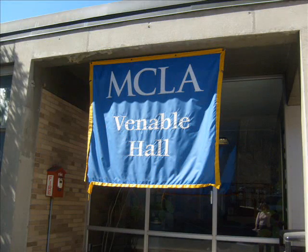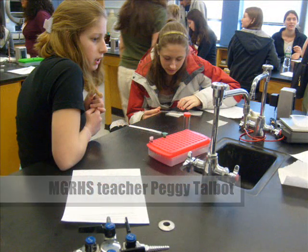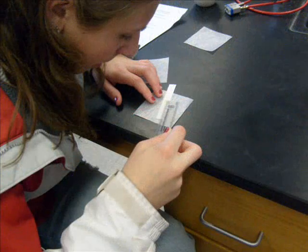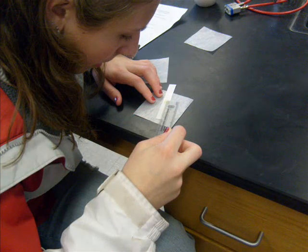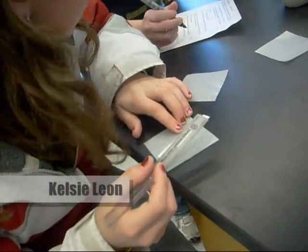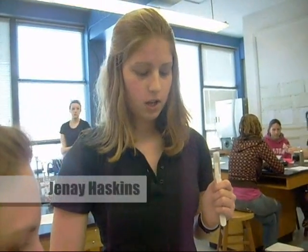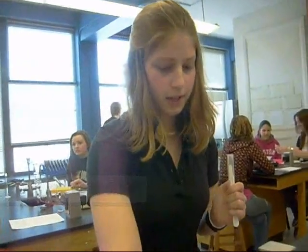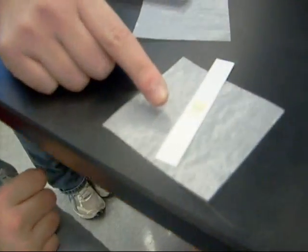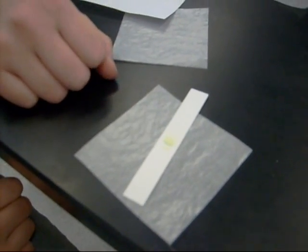That's fine. We're here to do a chromatography experiment, extract chlorophyll from the pigments or from the spinach leaves, and then take the pigments and do what's called a spectral analysis of those pigments. Besides chlorophyll, there are two other pigments, xanthophyll, which is yellow, and carotene, which is orange. So those three colors on the strip, the yellow, orange, and green, are the three pigments inside spinach, and they're